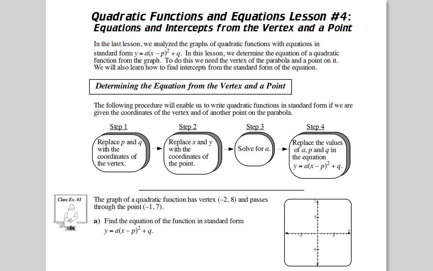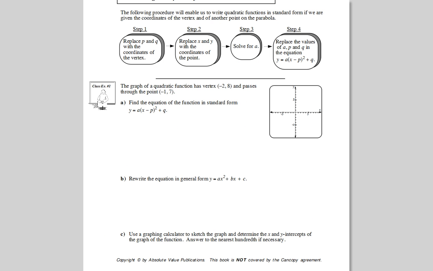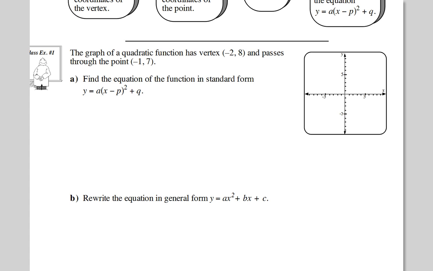Okay, lesson 4. We are working on this lesson here. It's very easy to study this lesson and predict what's going to happen for your unit test, because this question, it's always on every single unit test I've ever seen on 20-1. What you're going to see is